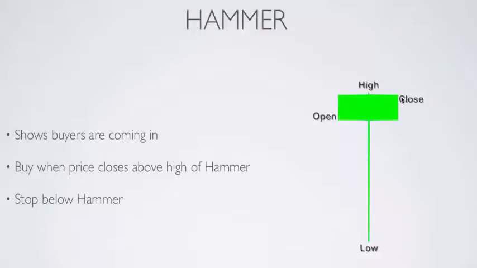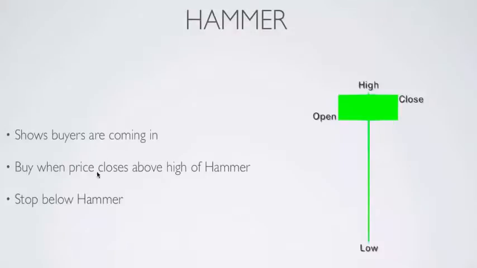But here's the thing. When we say a perfect hammer is one that ends positive, that's because you can either follow theory 100% and say a hammer needs to be green, or you can take a trade when you get a hammer that might not be perfect but everything else is perfect, such as support and trend and other things. So sometimes you have to allow yourself to take a hammer that is not perfect, because the other conditions being met are just perfect.